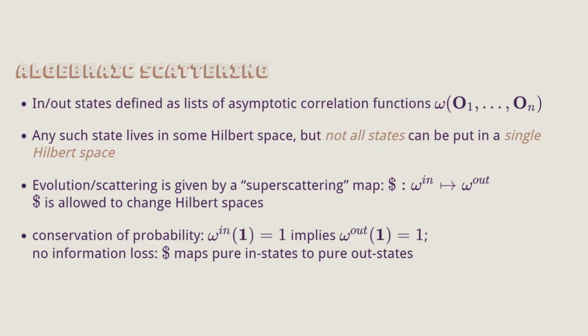Sorry, Kartik, can I try to translate this to my language? Sure. These asymptotic correlation functions are basically just the S matrix, right? So that's how I would think of it. The only thing I might have said is that you put in the right in and out states, the right eigenstates of supertranslation charge, so that the correlator is non-zero. Is that what you're effectively doing here?